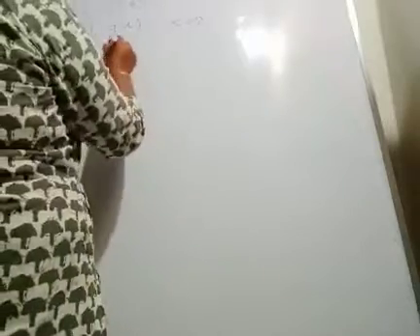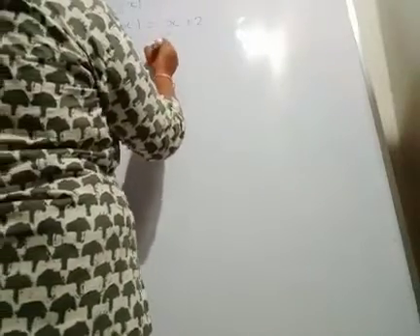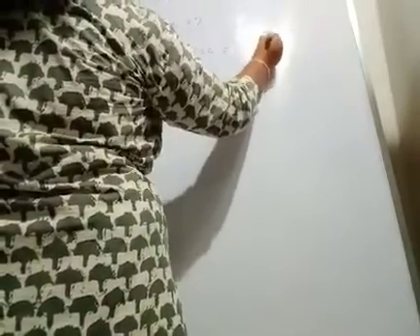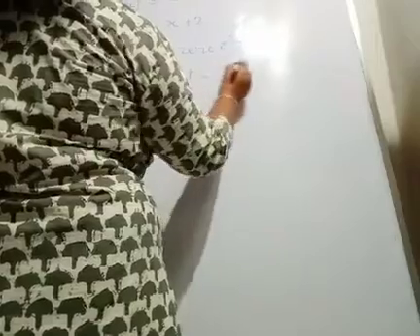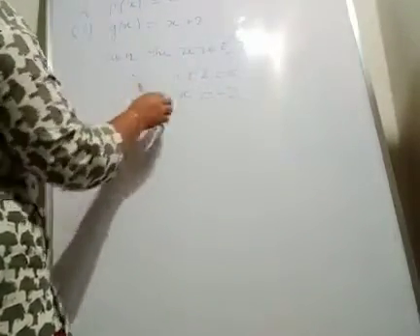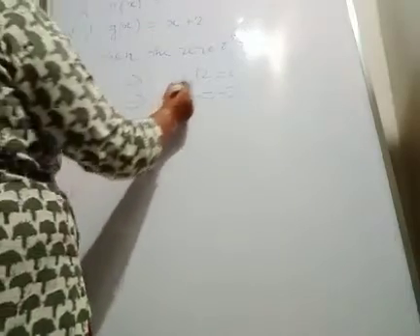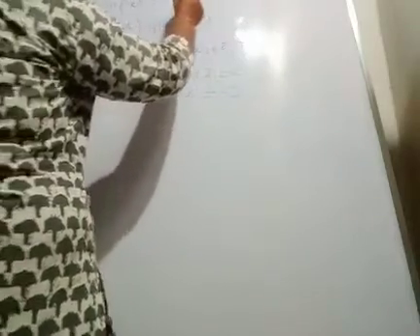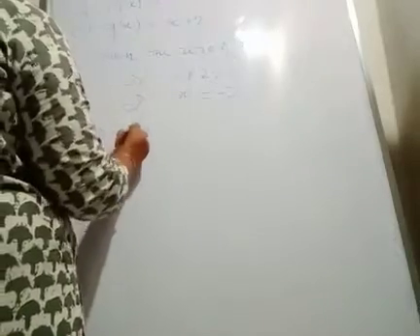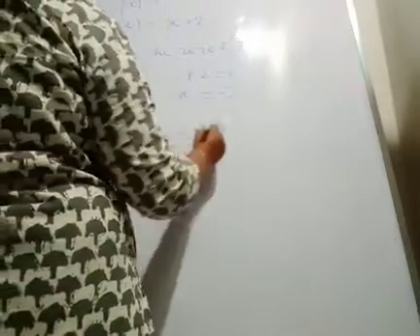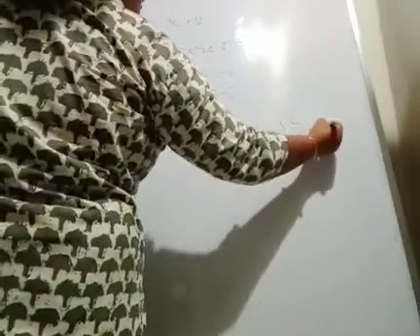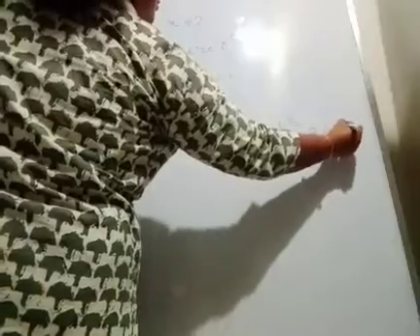So write, then the 0 of x plus 2 is x equal to minus 2. So here x equal to minus 2. Putting the value of x equal to minus 2 in this px, what we will get, let's see. Minus 2 whole cube plus 3 into minus 2 whole square plus 3 into minus 2 plus 1.